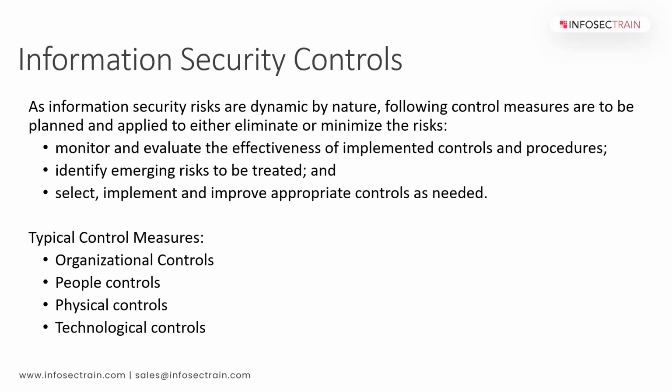So typically, physical controls are applied to things that physically do not allow people to go inside the premises of the organization where the information is, or do not allow people to enter places where our information assets are. That is how we have physical controls. Then people controls. With people control, we are going to train people on how to use this and tell them how to behave so that we do not miss any of the things. So we are going to control the people, the way they behave. There are a lot of ways of doing this people control. One of the main things is